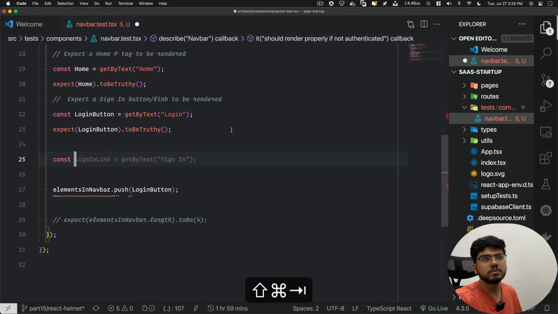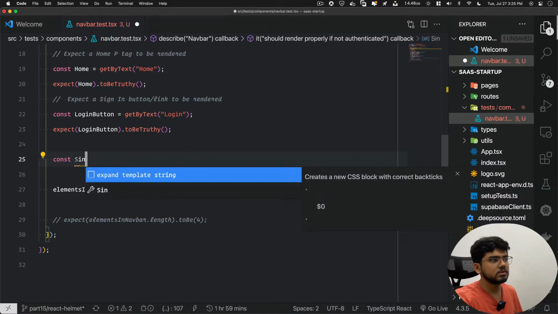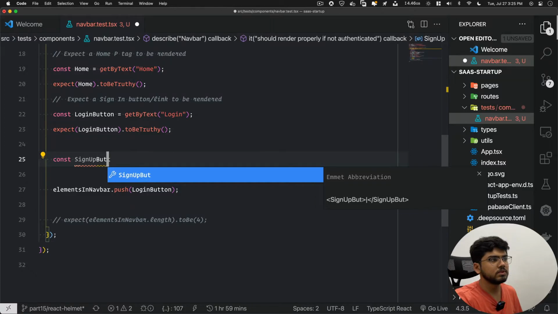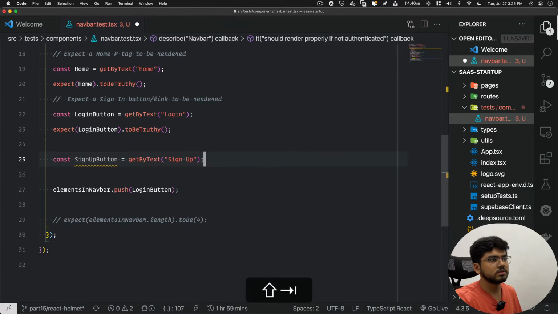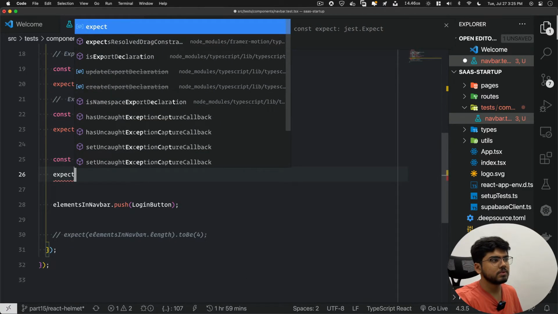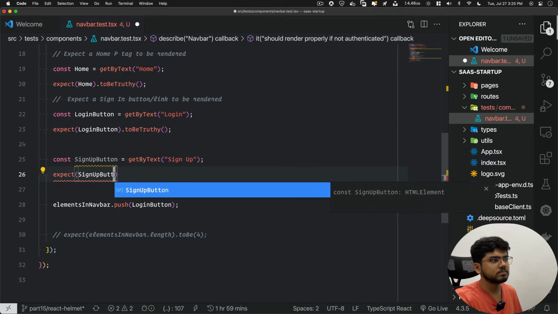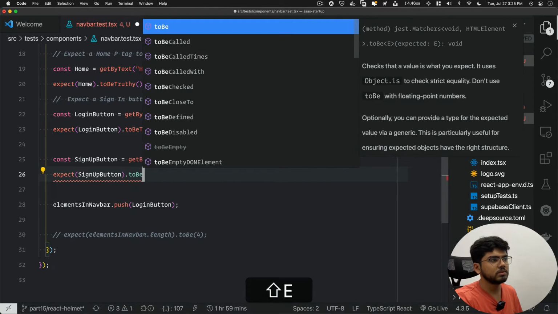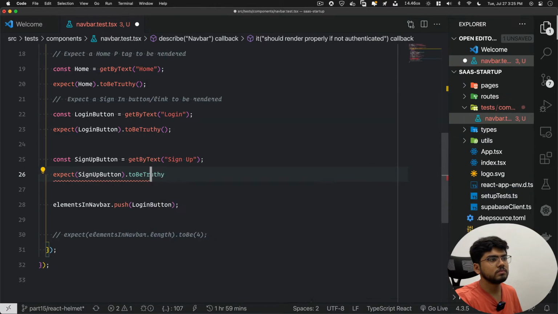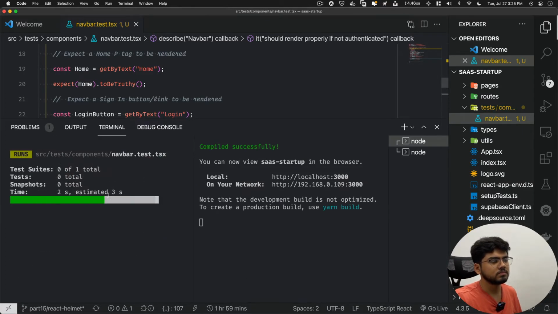Const sign up button, get by text sign up, expect sign up button to be there. Let's see.